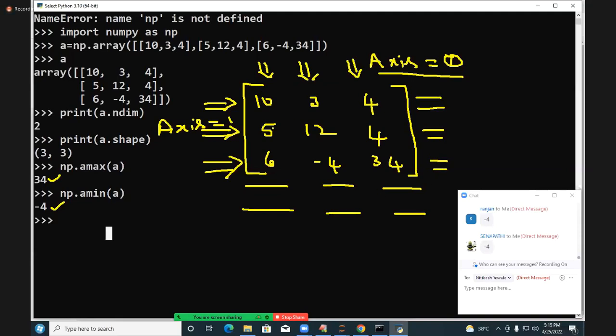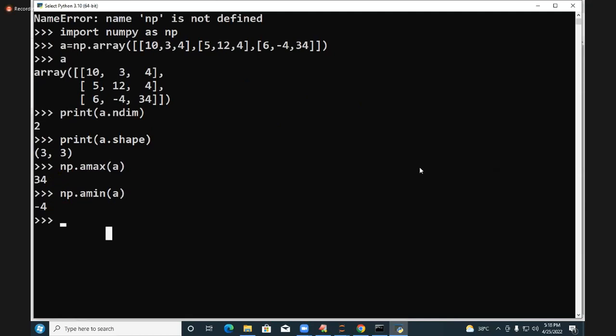What is the max element in the first column? 10. Max element in the second column, 12. Max element in the last column is what? 34. Max element in the first row is called what? 10. Max element in the second row? 12. Of course, max element in this place is also 34. One element is there at the intersection point of both places, and it is the max. So try to apply. Here the new point to understand is, I applied